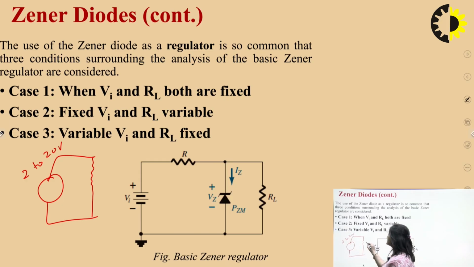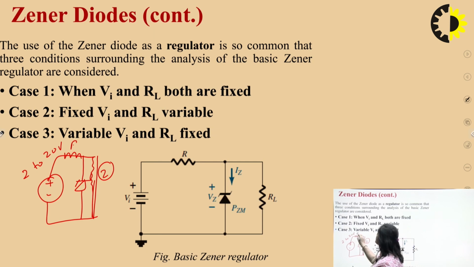So the voltage across the load will also vary, because the supply across the load is varying, so the output voltage across this load will also be varying. If a zener is connected in between these two, like I have connected this zener here, between the load and the source, this zener will provide the voltage regulation. Voltage regulation means it will provide a constant output voltage across this load resistance, while the input voltage may be varying. So here a series resistance is also connected.